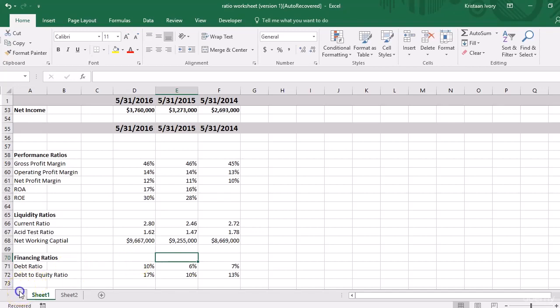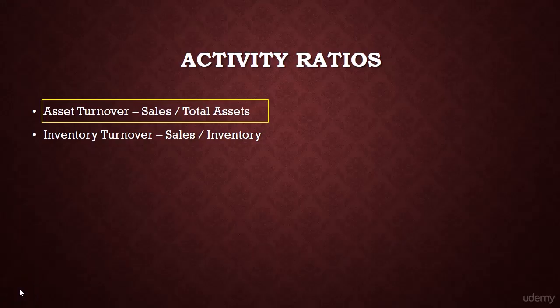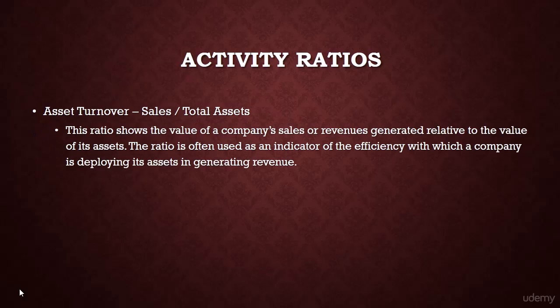shareholders and investors. And lastly, for our financial ratios, we have our activity ratios, which show the company's activity, how they're using their assets to generate sales and the inventory and how they're turning things over. So first we have our asset turnover, which is our sales divided by total assets. This ratio shows the value of a company's sales or revenues generated relative to the value of its assets. This ratio is often used as an indicator to show the efficiency in which a company is using its assets